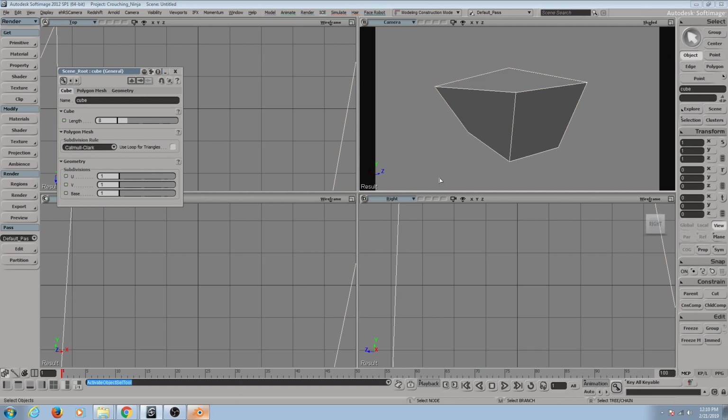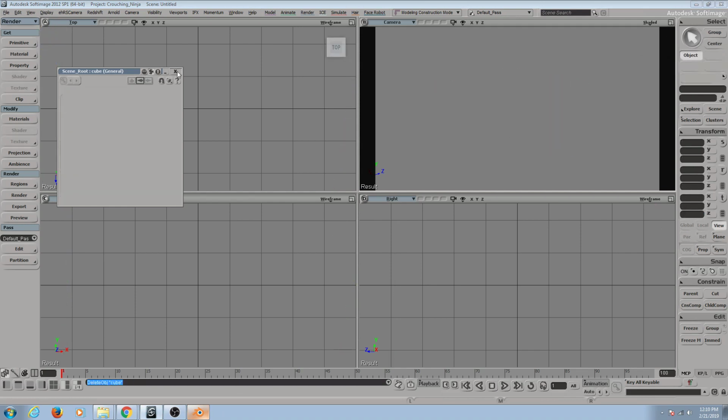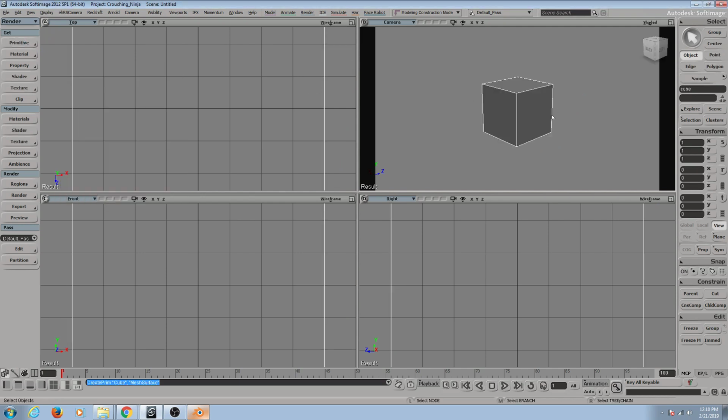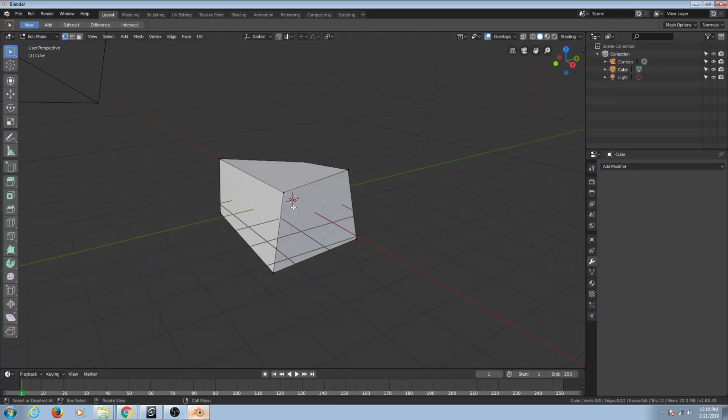Another thing I wanted to point out, so I'm just going to middle click to my last function. So inside Blender,